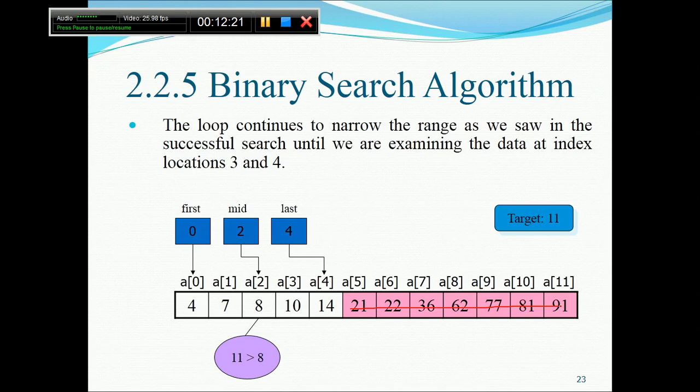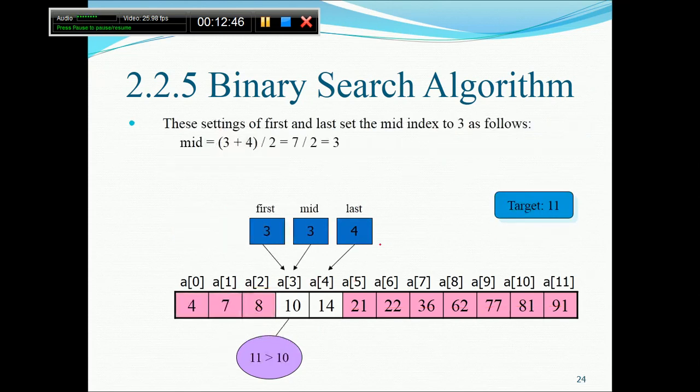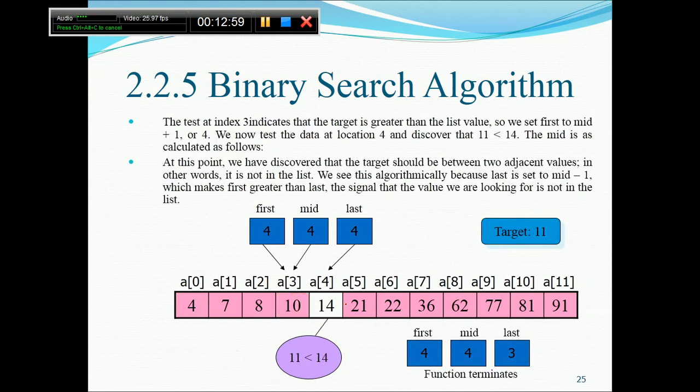Now once the last is updated to 4, 0 plus 4 is 4, 4 by 2 will go here, 8. So this is the new middle. Since it is the new middle, I will ask the question, is 11 greater than or smaller than 8? I will get an answer, okay, 11 is greater than 8. This means I can ignore the first half of the array because the number will not be present here. So 3 and 4, 7, 7 by 2, the middle is 3. I will ask this question again, okay. Is 11 greater than 10? Answer will be yes. This means this part does not have it, we will go to this part.